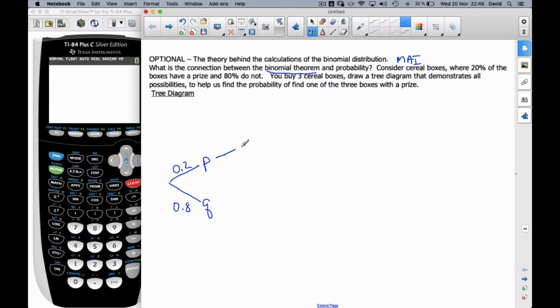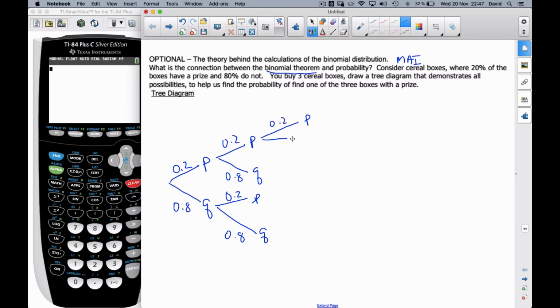The second box now goes, I could get the prize, or I could not get the prize. Similarly, I could get the prize, or not the prize. Okay, so this is the second box. So I could go prize, prize, prize, not prize, and so on. And finally, the third box,